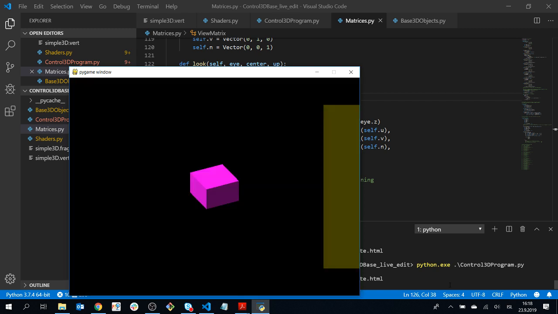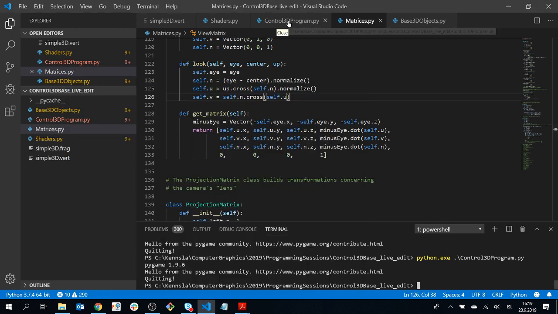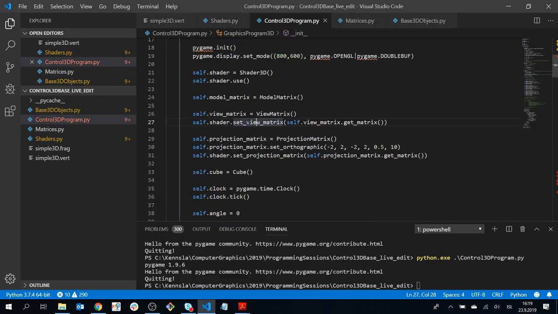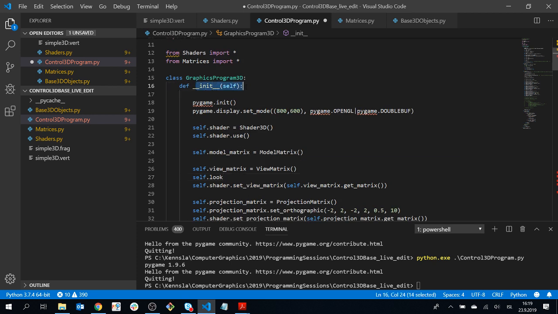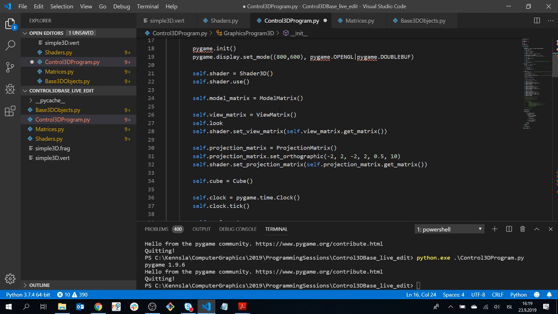Okay, so we're still at the same location looking at the same stuff. Now we would like to go into the program itself. Say instead of ViewMatrix just setting the ViewMatrix, let's call look. Now very soon we'd like to be able to move the camera around, and then we can't set the ViewMatrix just in this initializing function here. We have to actually do it in the display function because we'll have new values for it every frame, which means we have to actually set the new values for the ViewMatrix every single frame. But for now,